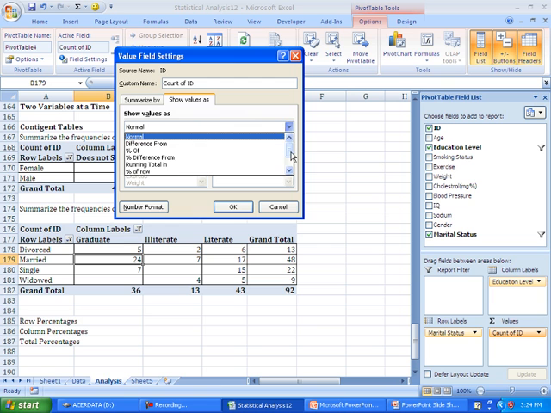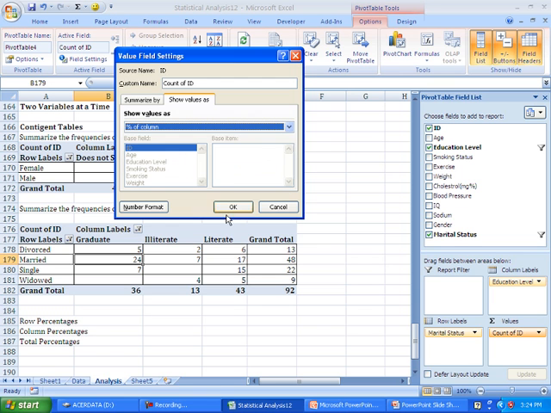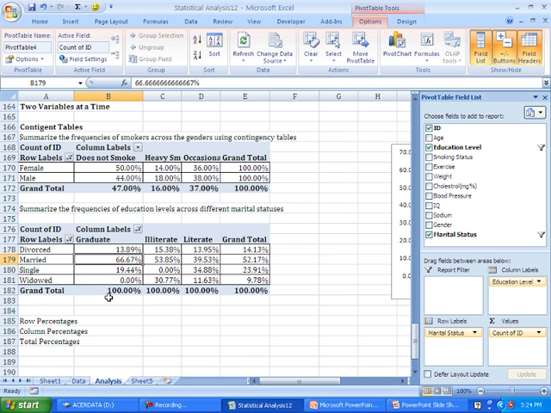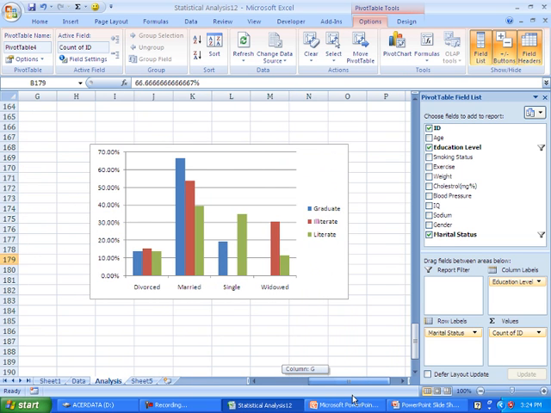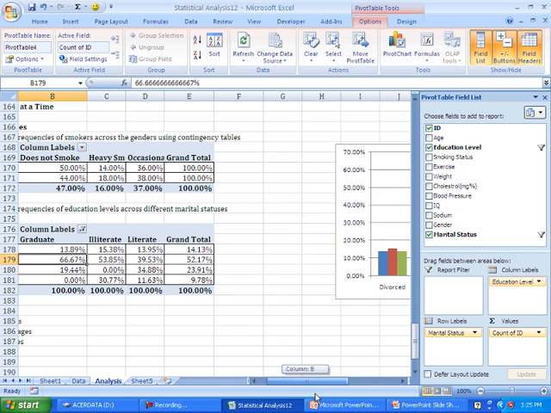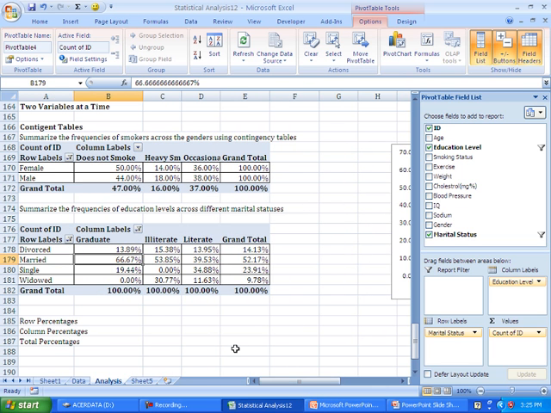instead of normal I would be selecting percentage of column. That's it. So here you will see every column it is shown as some percentage, and the good thing is the graph is also upgraded accordingly. That's the benefit that we can derive in the process, and the grand totals for all the columns are 100%. So it means that probably there are